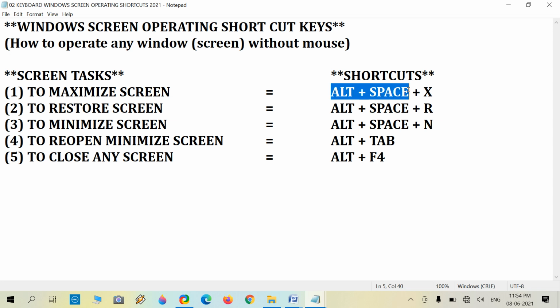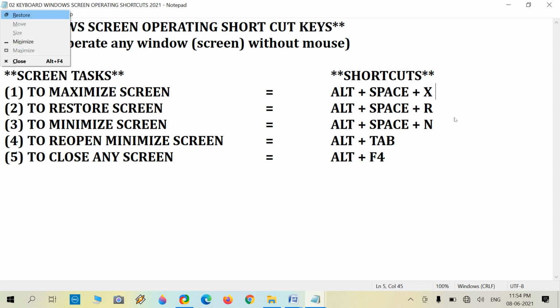It will generate one context menu. Here I'm pressing Alt and space. The menu on the left top side contains restore, move, size, minimize, maximize and close. Move, size and maximize are disabled, not working.